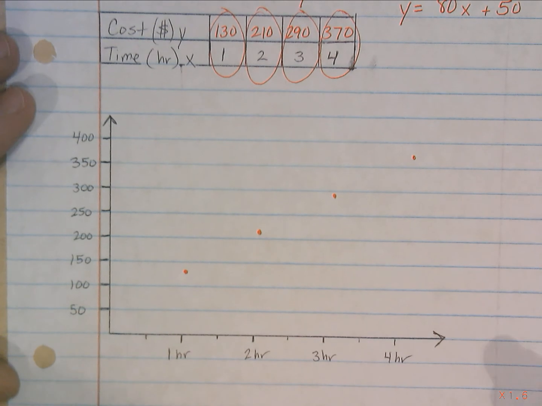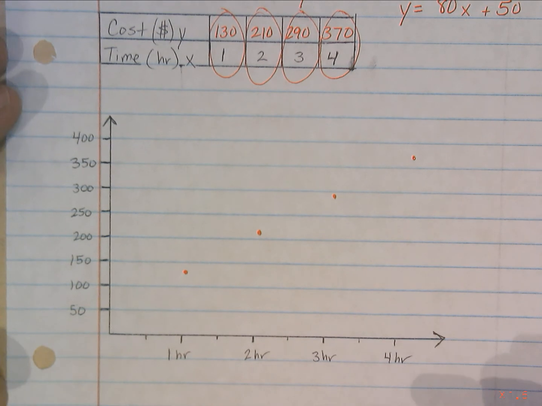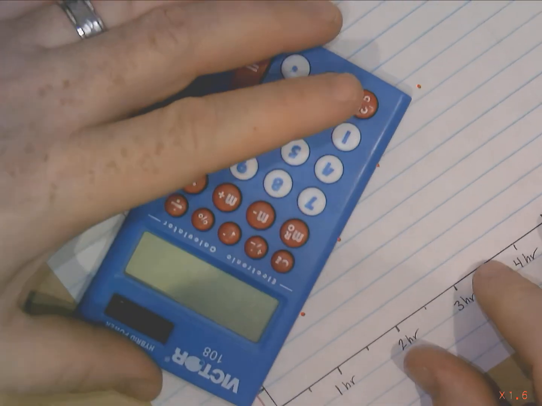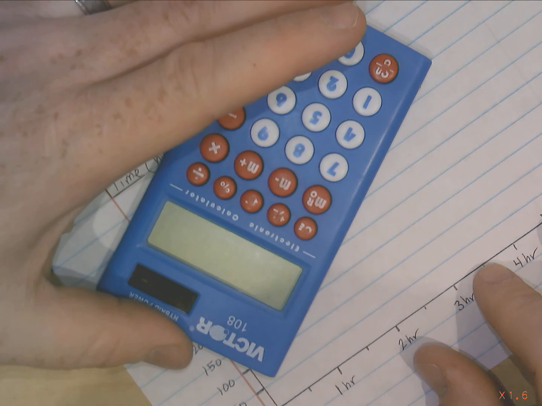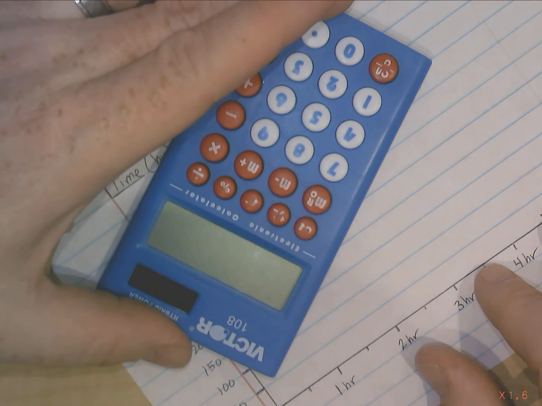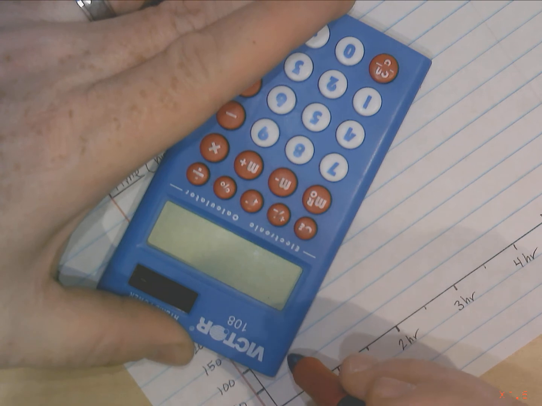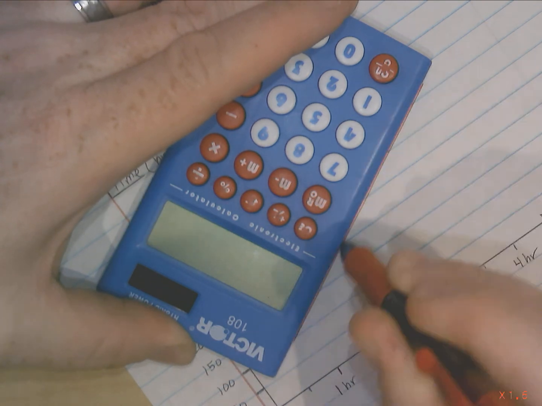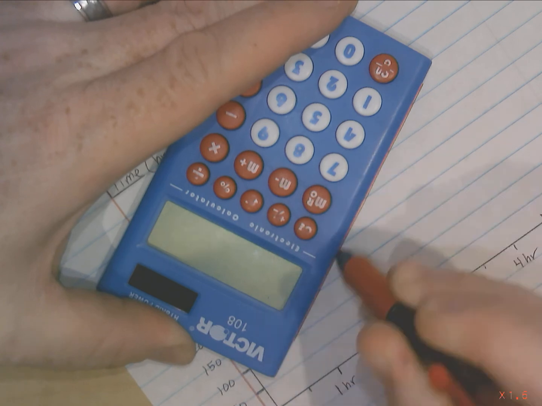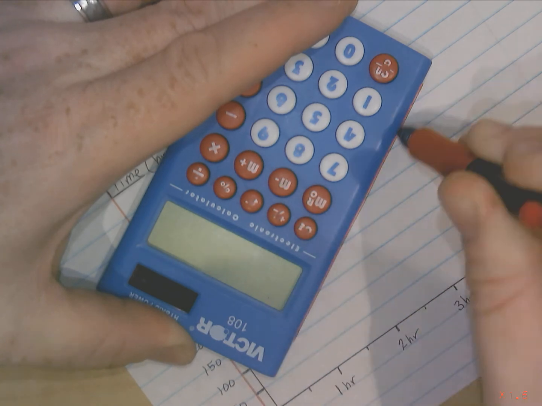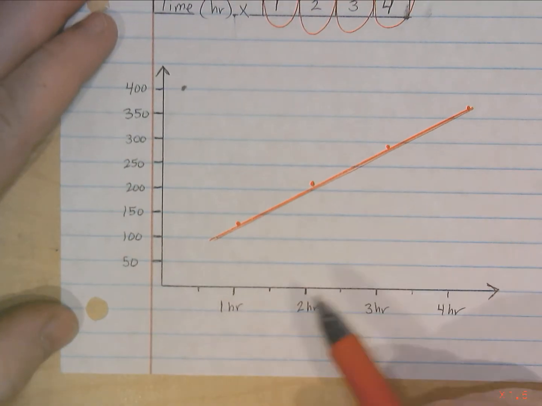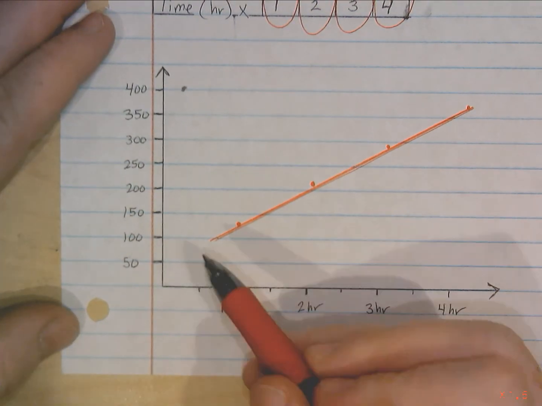Okay? And then what you do is just take a straight edge, take a ruler of some kind. I'm going to take a calculator here, so I don't really have a ruler on hand. Okay, and then I'm going to make my line as best I can. It's not going to be perfect, but close enough. Let's see if I can make the line a little bit thicker here. Okay. So I might be a little bit off on that one, but anyways, that's where your line's going to be. And you're going to see it starts right at